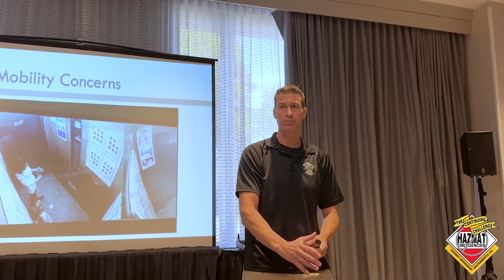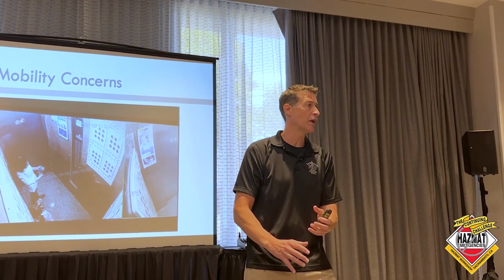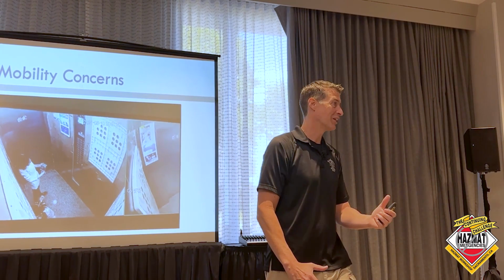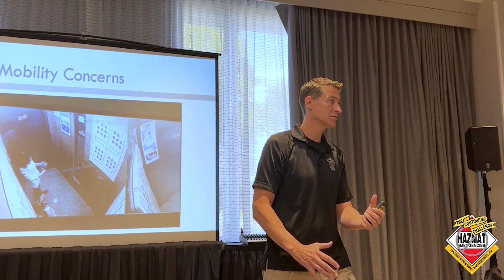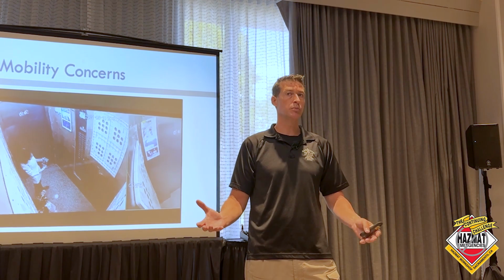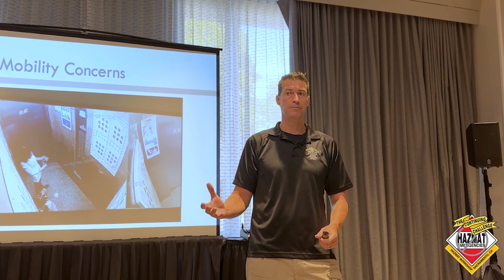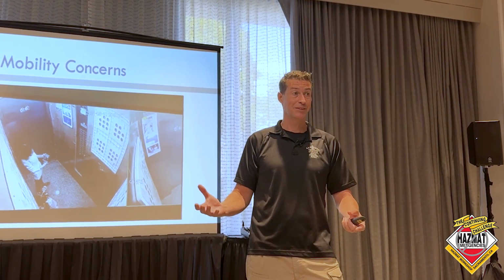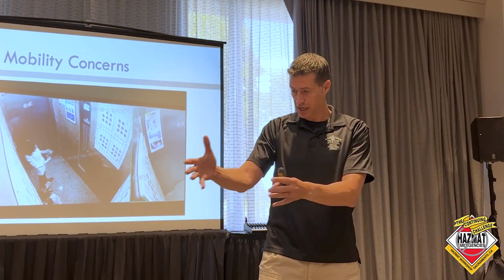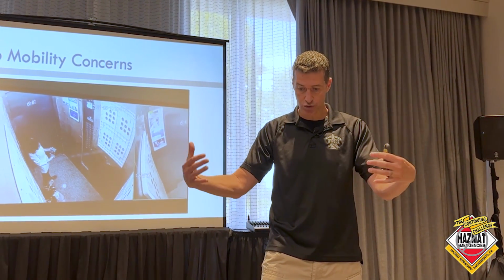I'm going to put the ram right on top of the battery pack. I'm going to push, and it's going to go awesome, right? And all of a sudden, pop, hiss, fizz, right? I start seeing white smoke, and it's hissing, and now what? Now what's the plan? Get their pack is a good idea, right? But I'm thinking I've got a mom and a little kid, and they're stuck, and they're trapped, and I got to get them out,